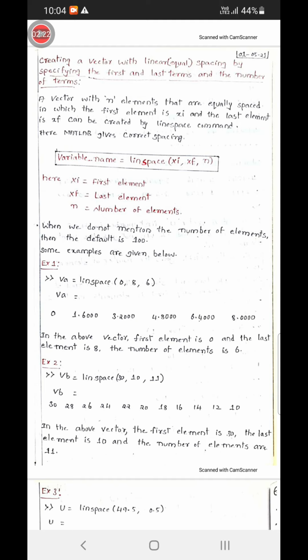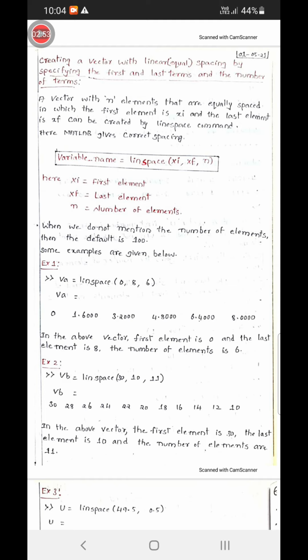See the representation of the linspace command: variable name, assignment, linspace, and in the parentheses we have xi comma xf comma n. Here xi is the first element, xf is the last element, and n represents the number of elements.